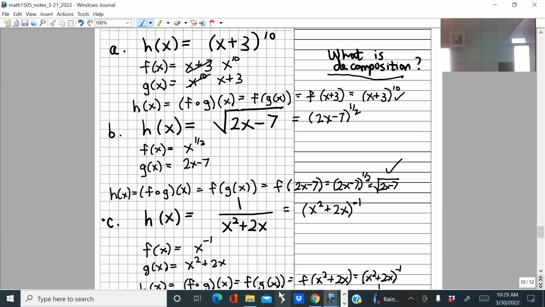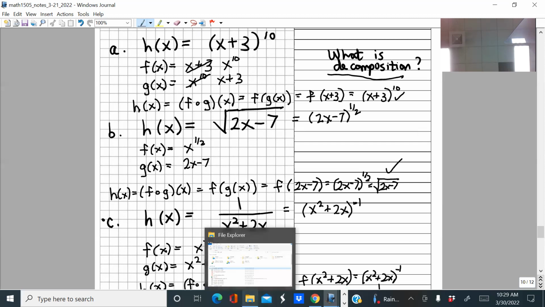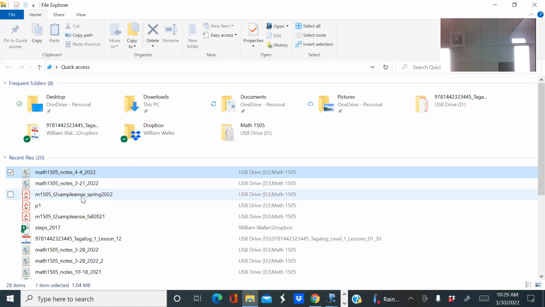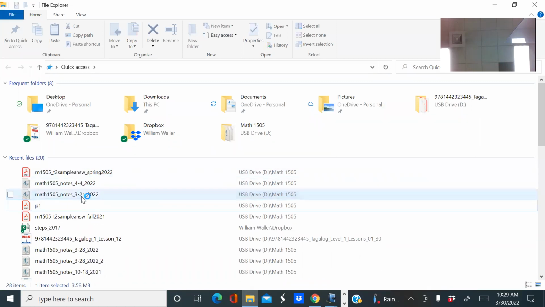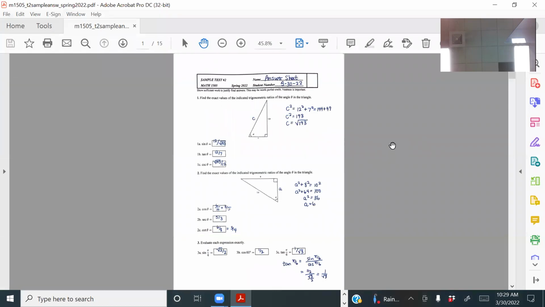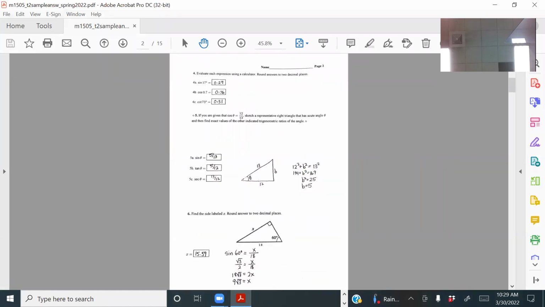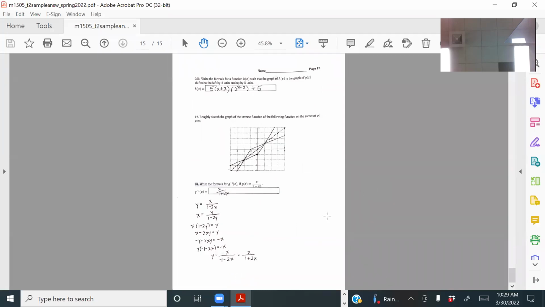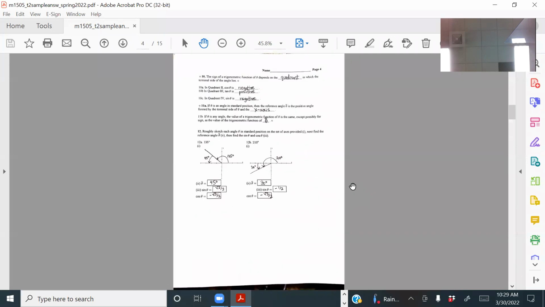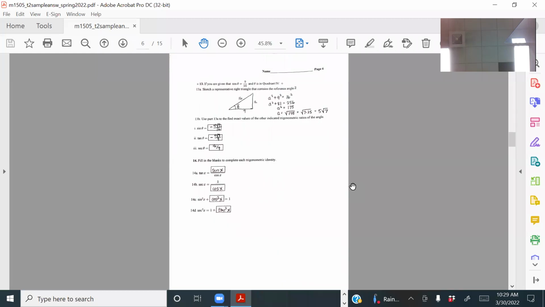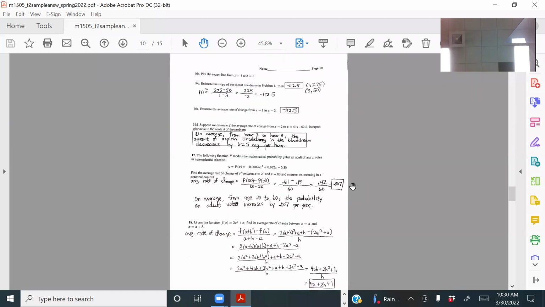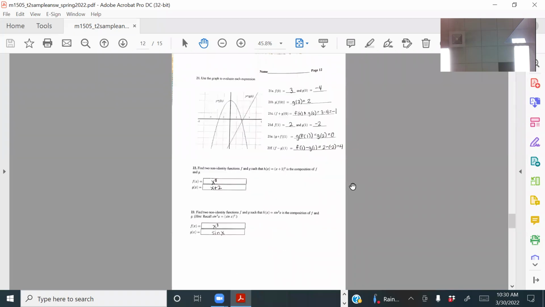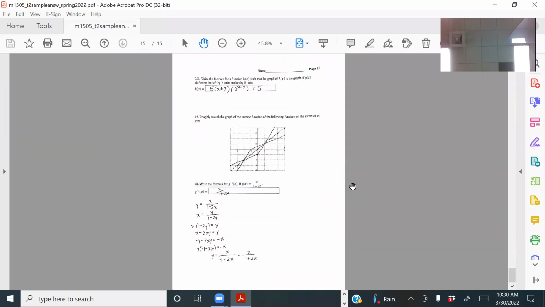I don't have the, let me see though, in my, so here are the answers to the sample test, which I have not posted yet, but I will post at some point. And somewhere here in these, let me see if I can find it, in these problems, there are going to be some examples of decomposition. So I just wanted to point those out to you as important problems